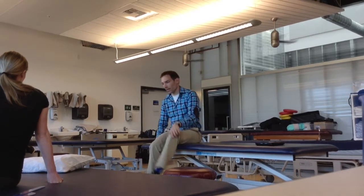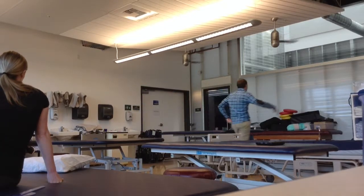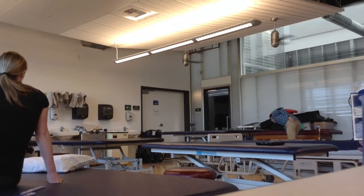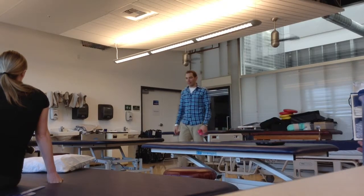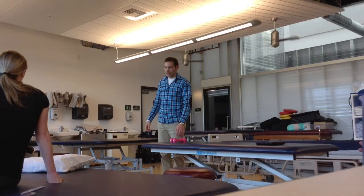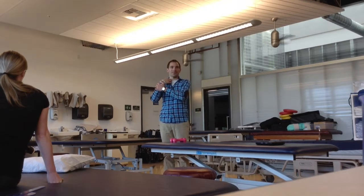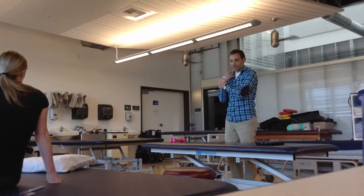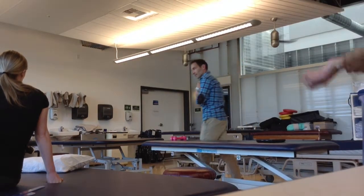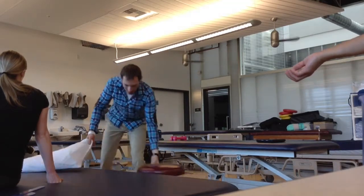So let's talk about this. Your staple. I mean, you could do a PNF contractor, but your staple. All right. Well, let's talk about this real fast. If you had an elbow flexion range of motion deficit, what can you do? Boom. That's going to be your go-to. You have patient do self-active assisted range of motion. If they're lacking extension, the classic,